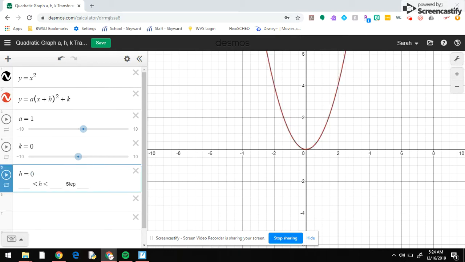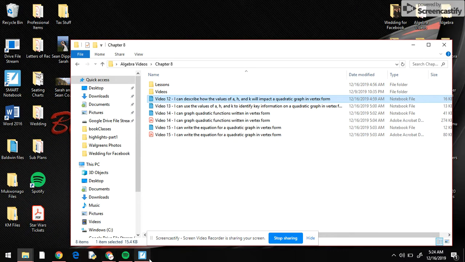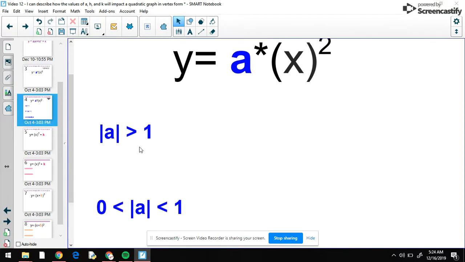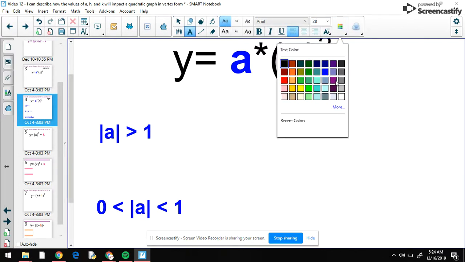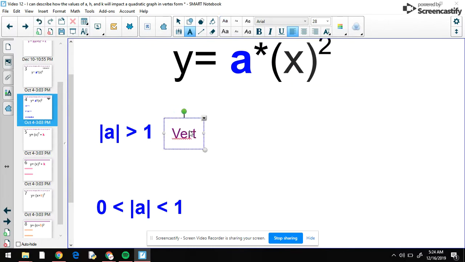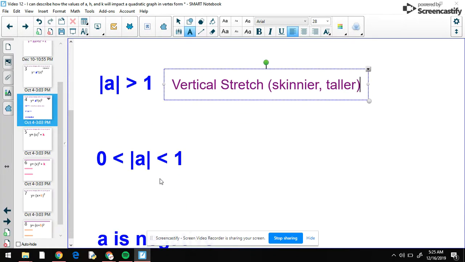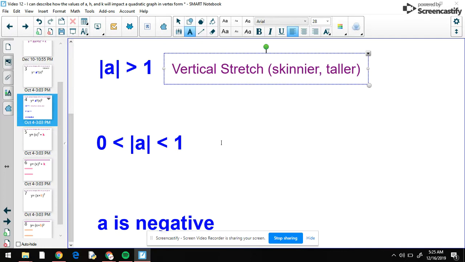We're going to make notes of this on our slides. So if I go here, we're going to focus on a first. Remember when a had a value, a distance from 0 more than 1, this was called a vertical stretch. And it would essentially make our graph skinnier and make it taller. When a was a value that was trapped between 0 and 1, the distance from 0 wise, we had what was called a